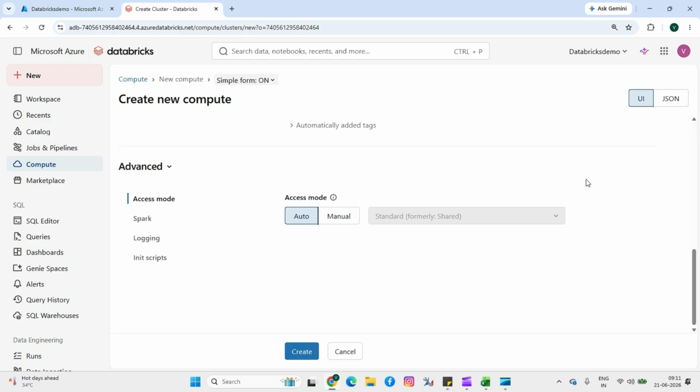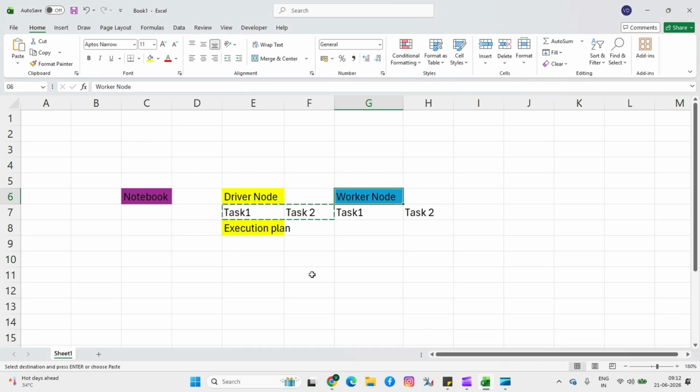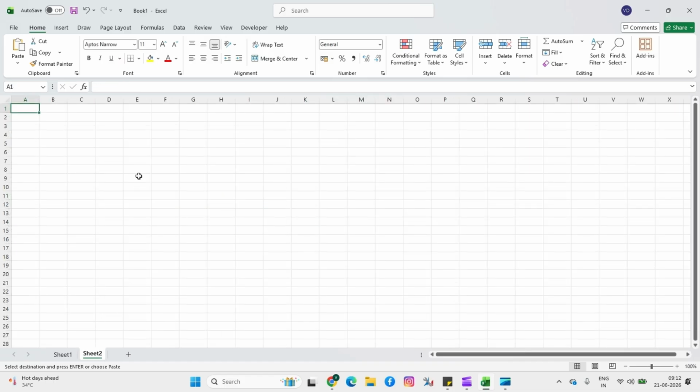Now to understand auto scaling and cost optimization. One of Databricks' most powerful capabilities is auto scaling. Instead of keeping expensive resources running continuously, Databricks automatically increases or decreases resources based on the demand. Like we have minimum workers 2 and maximum workers 8. I can show you with an example. For example, as the workload increases, like 2, 4, 6 and 8,